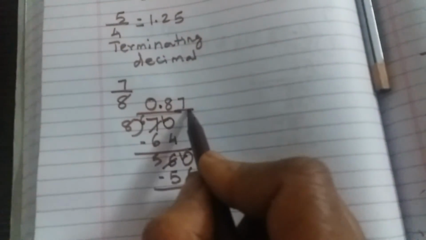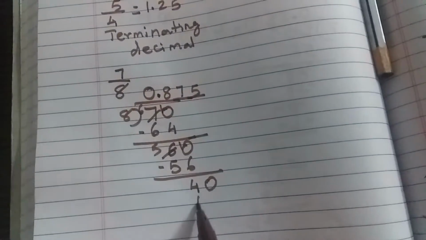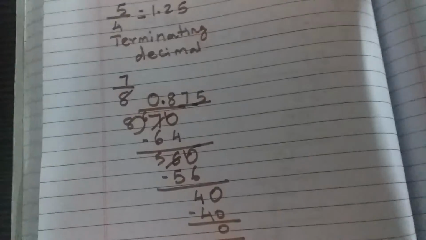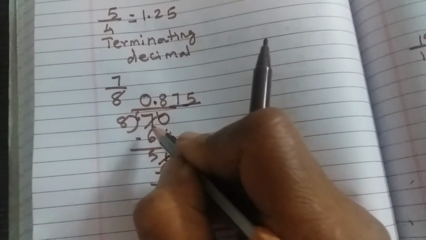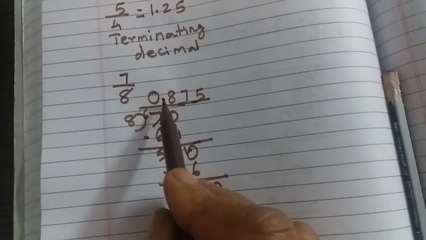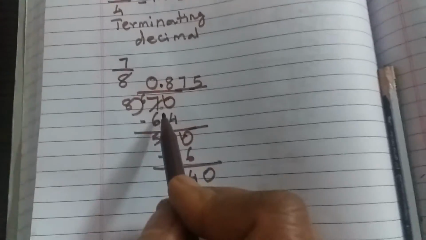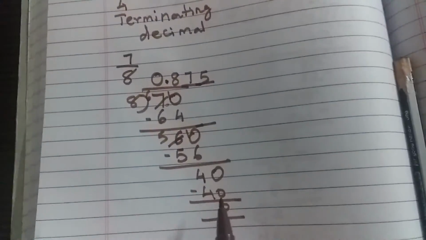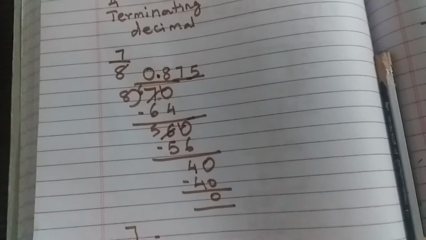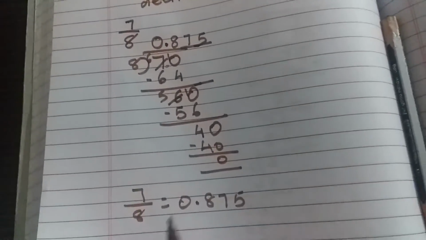It is again how many times? 8 5s are 40. 40 minus 40 is 0. So here, when you're adding 0, it is like having the point and dividing. The meaning is we keep the point in the quotient. That is why we don't keep it here, but actually 0 is added after the point. Now 40 minus 40 is 0. Therefore 7 by 8 is 0.875.